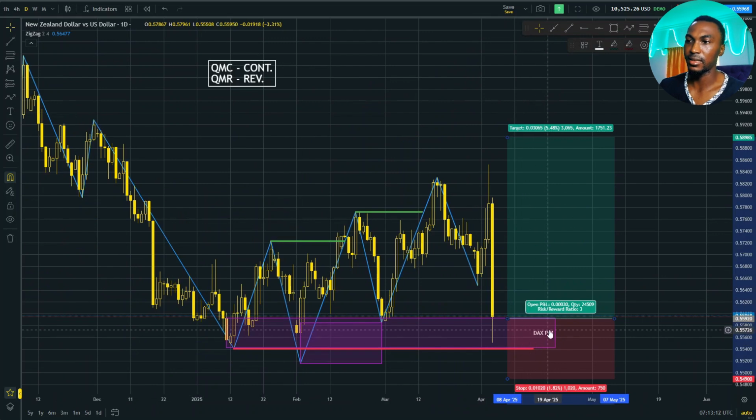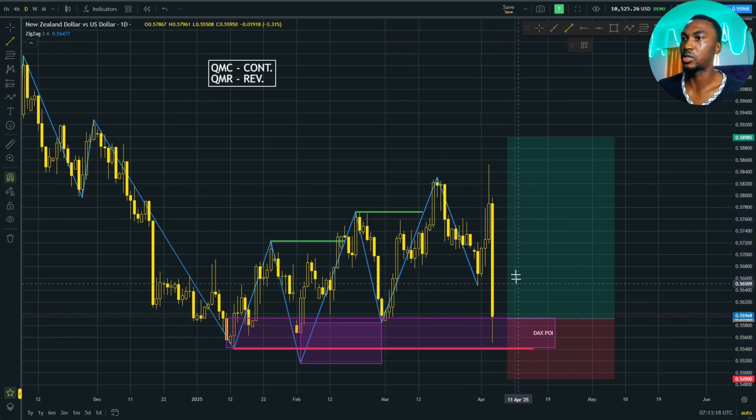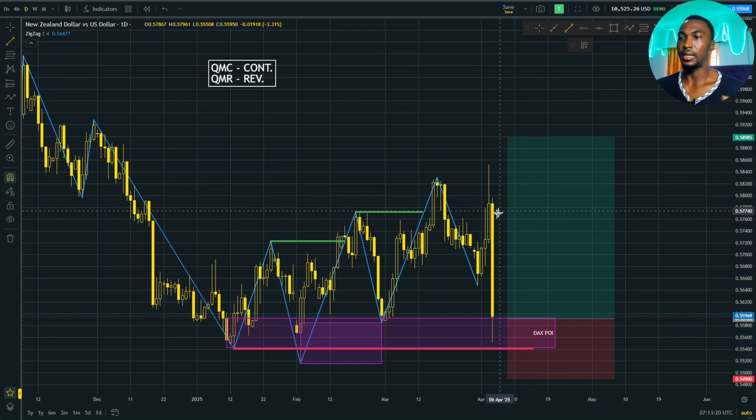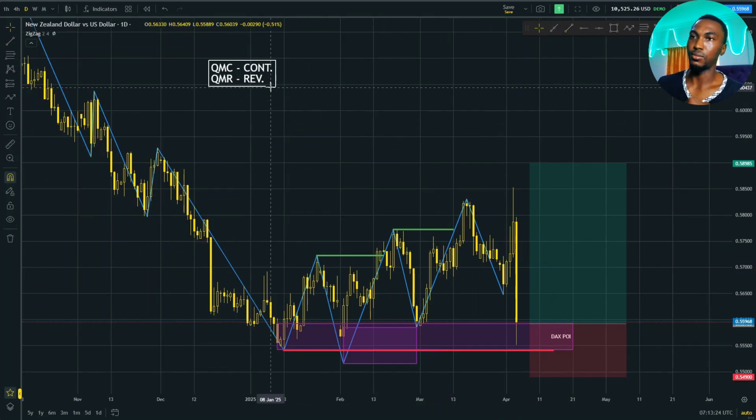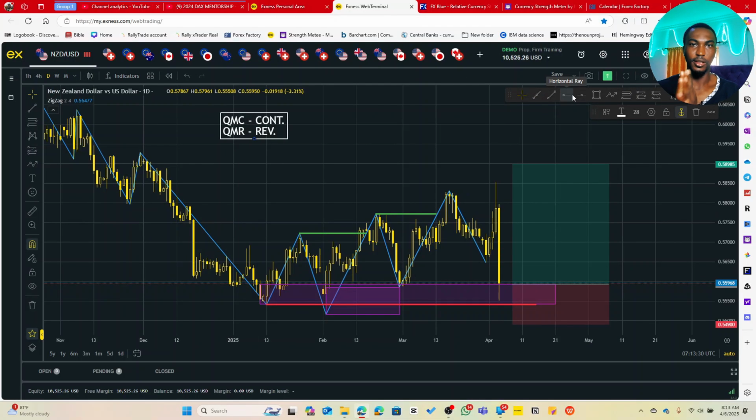I literally named it DAX PY. I might not go all the way to 3, but all I just want is for price to make its way to at least 1.5 or 2, and then I'll be out of the trade. If it can make that, I'll take some percentage and let the rest roll. So this, my friend, is my plan for next week. Move number 1. Now let's move on to move number 2, which is the Australian dollar,